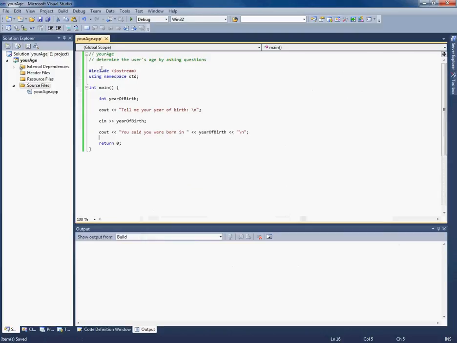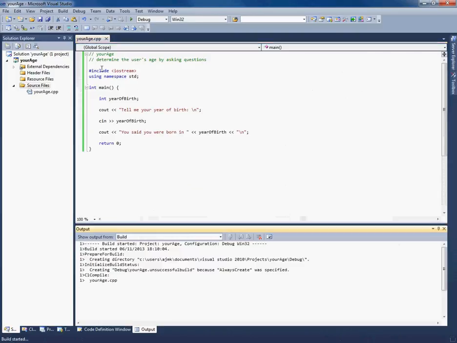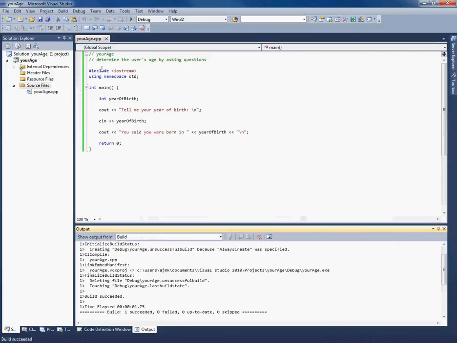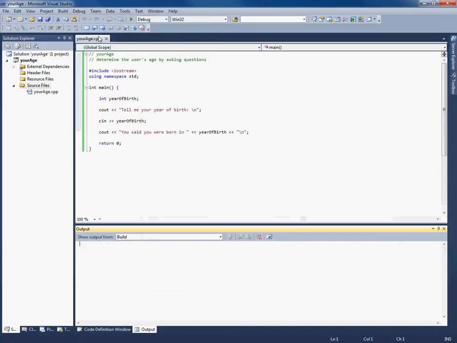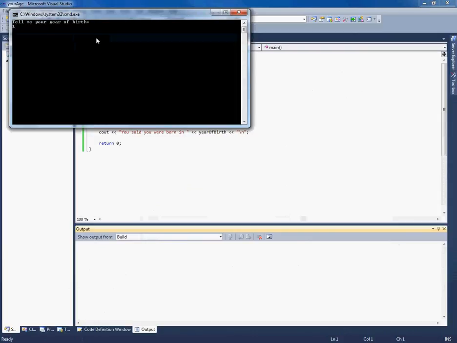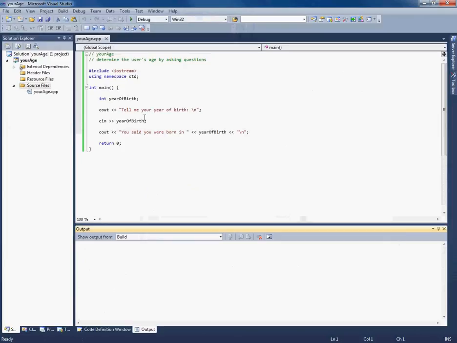Alright, so let's try compiling that. I'll press F7. Okay, it succeeded. So we can try running it. So let's start without debugging. Tell me your year of birth. I was born in 1974. You said you were born in 1974. Okay, so far so good.